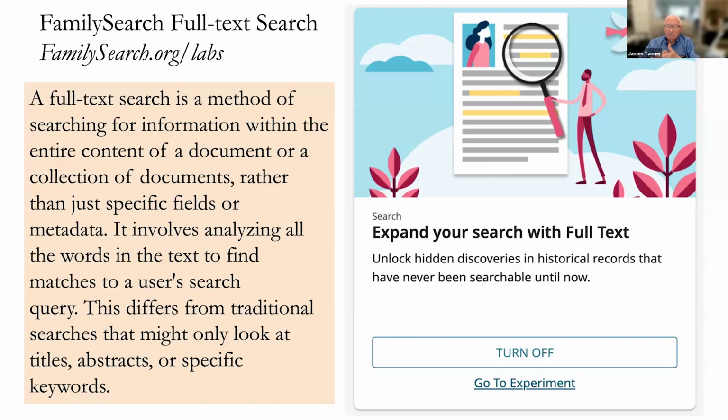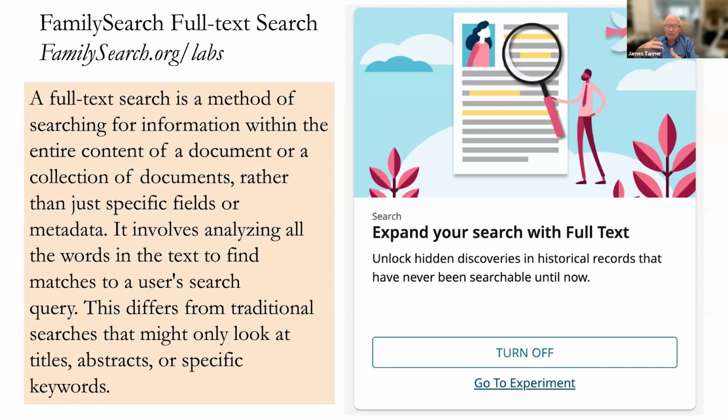So if you spend any time indexing records for FamilySearch, the way that you indexed was to extract certain fields from the records, like given name, surname. The number of fields that you were looking at was far from the total record, and basically ignored the rest of the information. And when you're trying to find a specific individual, which is part of what we do as genealogists in doing research, the issue, of course, was that